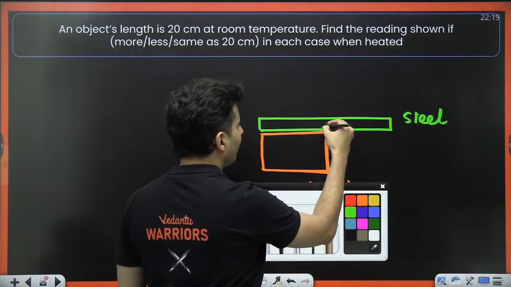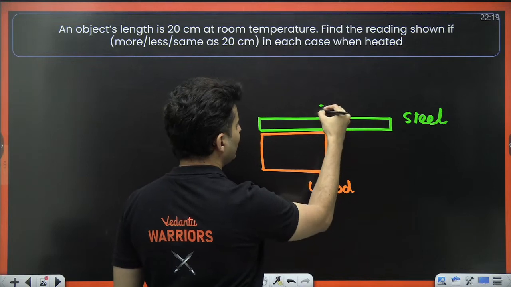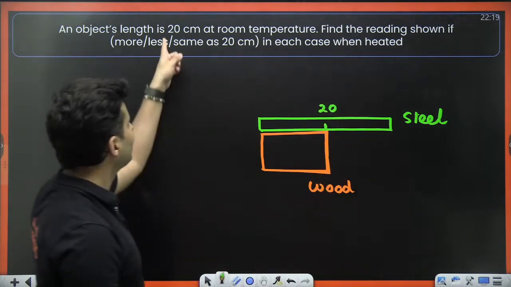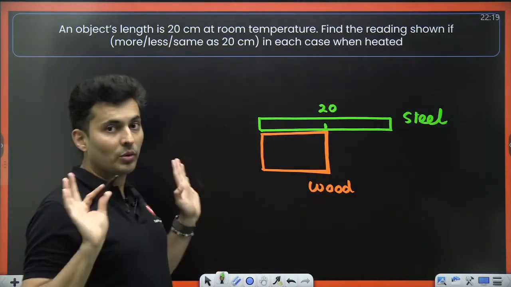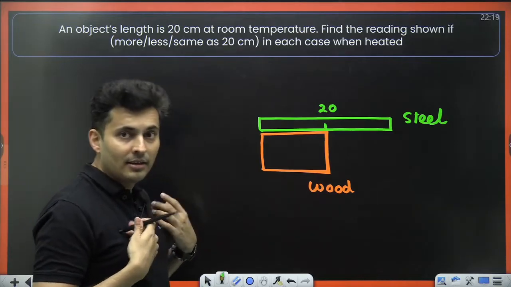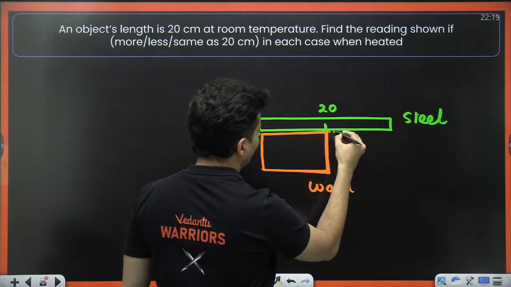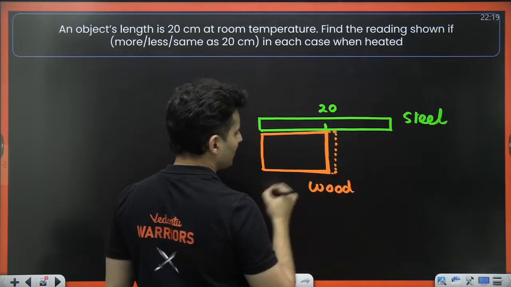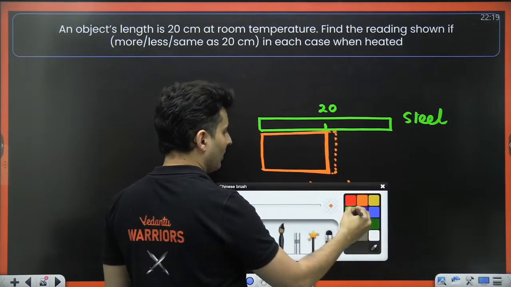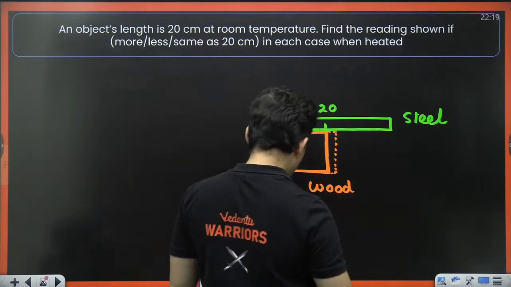So earlier it used to show the reading of 20 over here. 20 centimeters was shown here at room temperature. So when both are heated, what will happen? Maybe the wood will expand, maybe not so much, maybe this much. But what will happen to steel? The steel